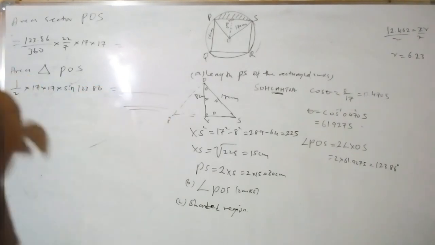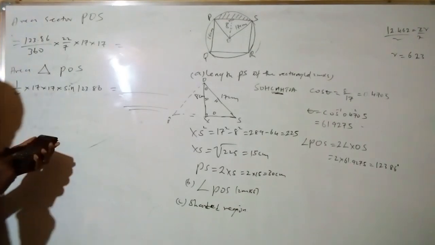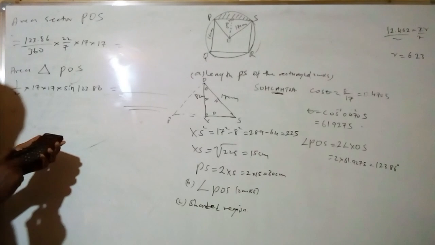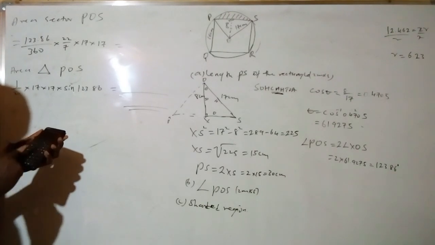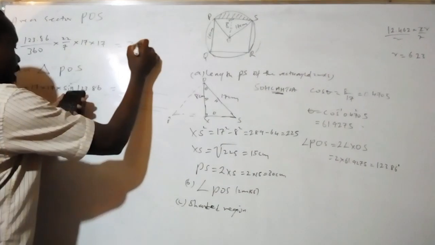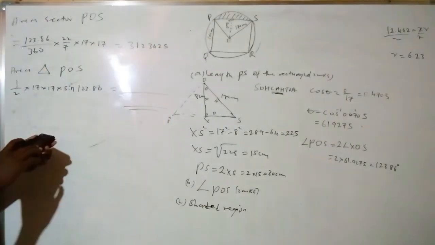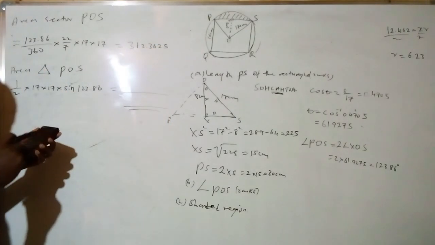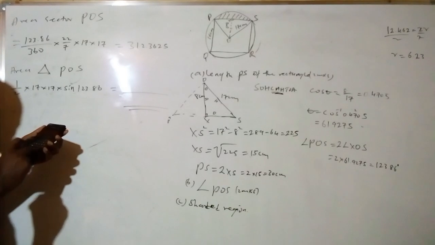On my calculator, 123.86 divided by 360 times pi times 17 squared, I'm getting 312.3625 to 4 decimal places. Then 17 squared times sine 123.86 divided by 2, you get